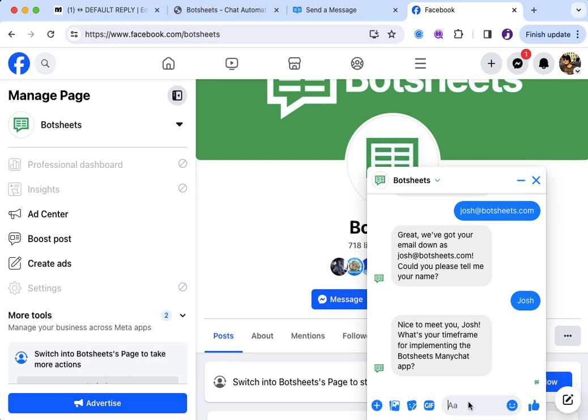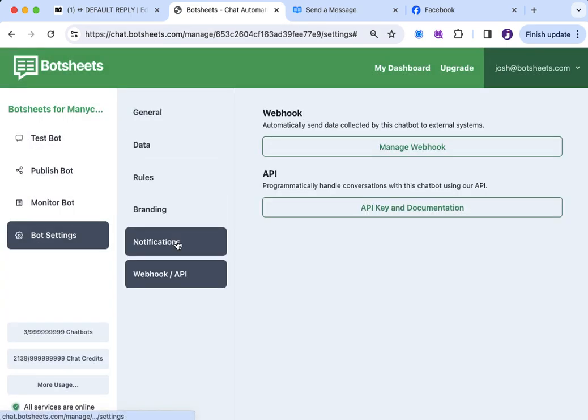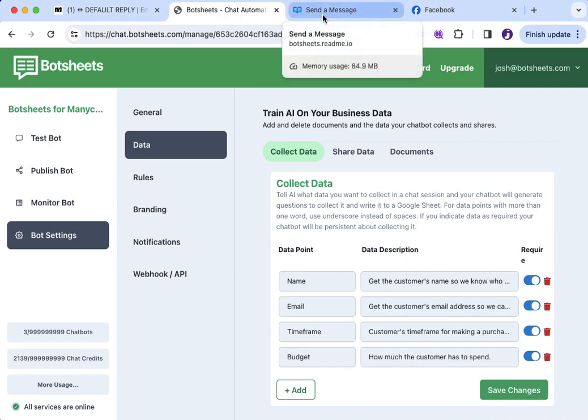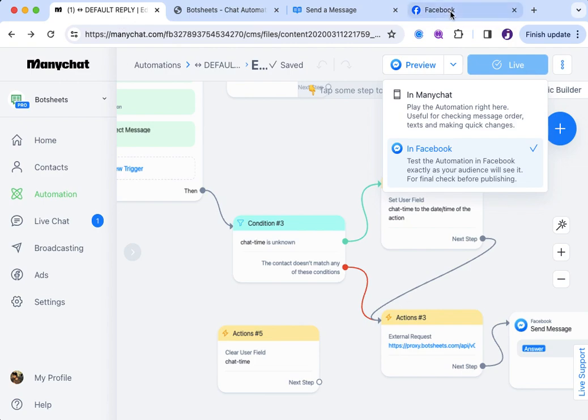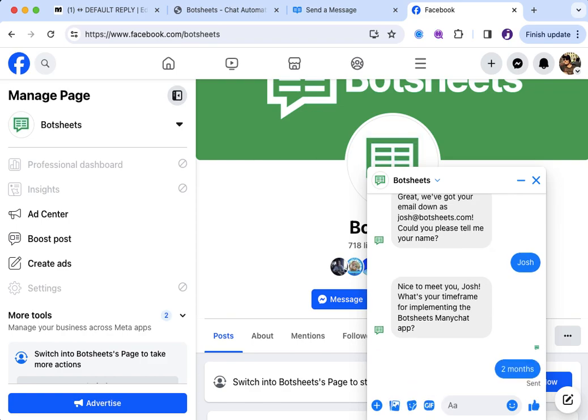So remember that was a data point for implementing the Botsheets Manychat app. Remember that we had this here. Let me go back. Data. Yeah, see, time frame. So it's generating questions to collect this data from me, and I can just say 2 months. Shouldn't take that long. It should have said 2 minutes. But